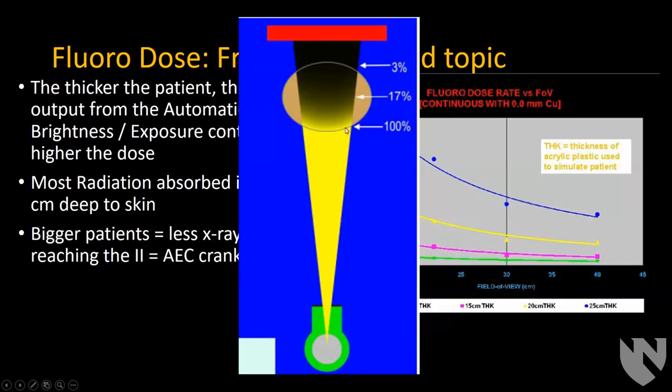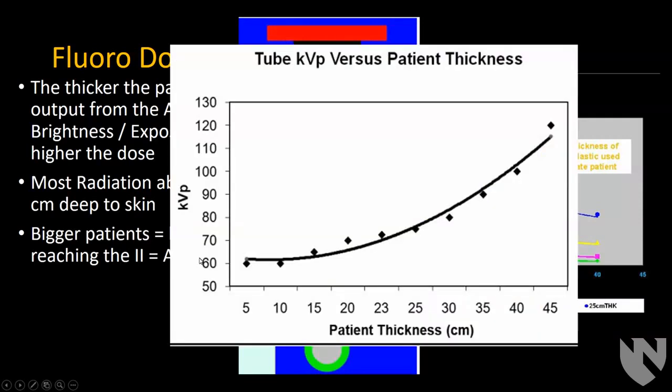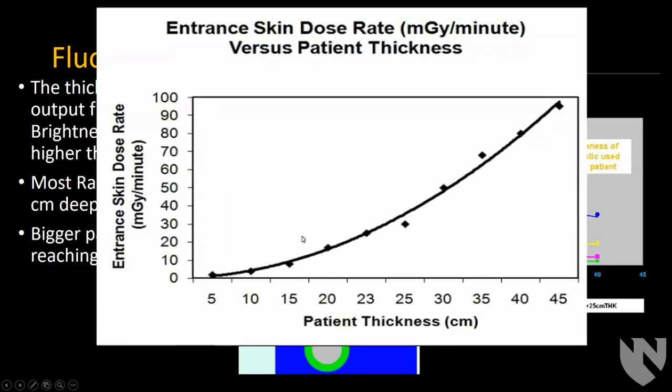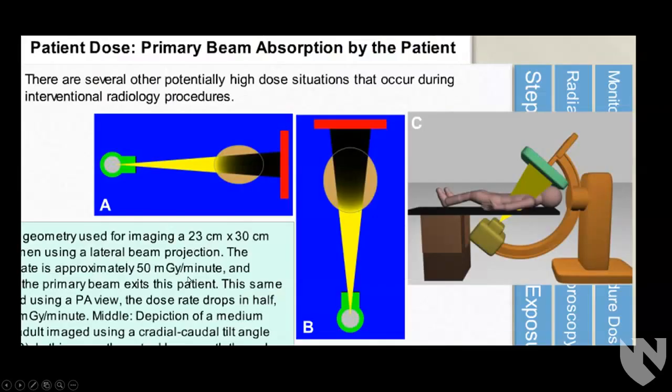And just an example of how most of the dose is scattered or absorbed within the patient, and only a minority of the X-rays go through. And same image there as the thickness goes up. The tube kVp will be increased by the automatic exposure control, which then increases dose. And this shows how the dose goes up with the increased thickness. All right, so